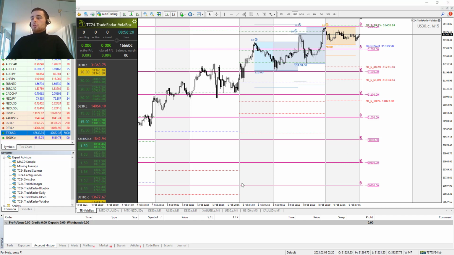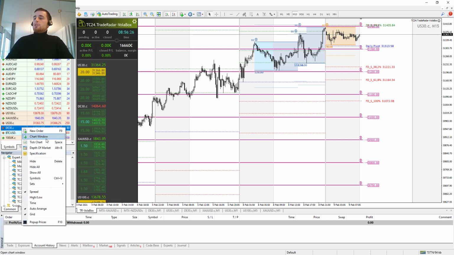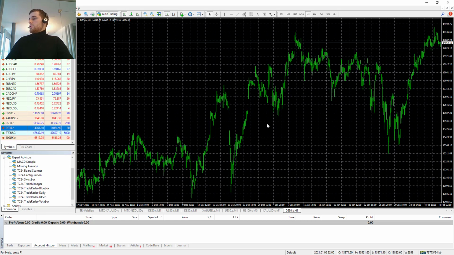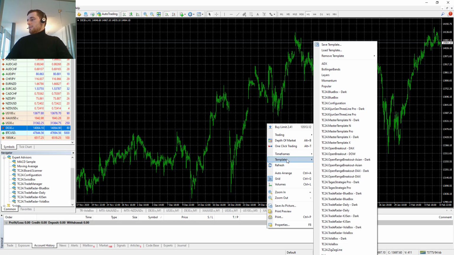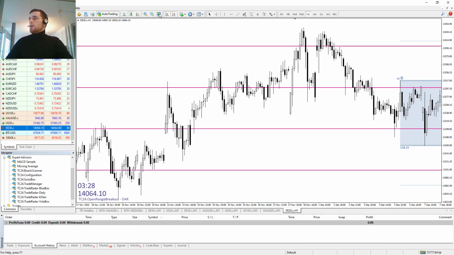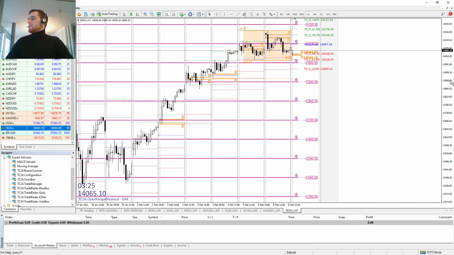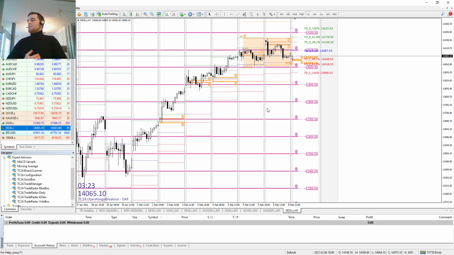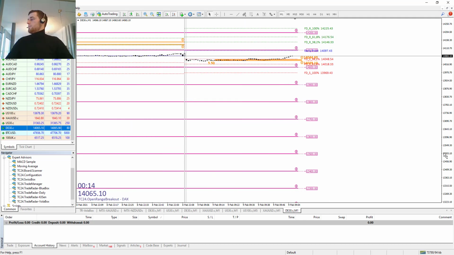Today we are going to do our German market opening trade. So, of course, like always, we're going to get straight into it. Open up our DAX chart, right click on the chart, go to templates to our open range breakout DAX. Once we bring it into the chart, we're going to see a lot of horizontal purple lines. Now, these are called big numbers simply because they are big numbers in the market price. They go up in increments of 100 at a time. Next thing that we're going to do is take it down to the minute chart, and we're